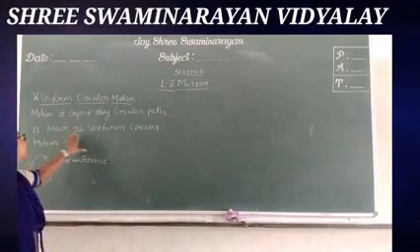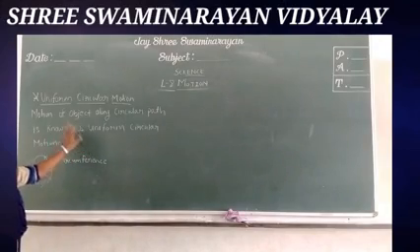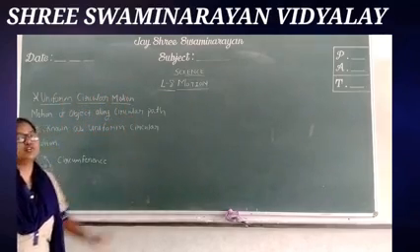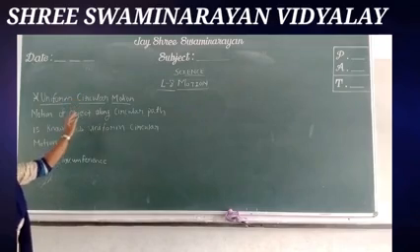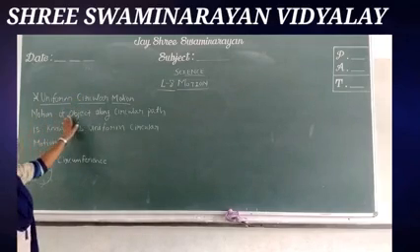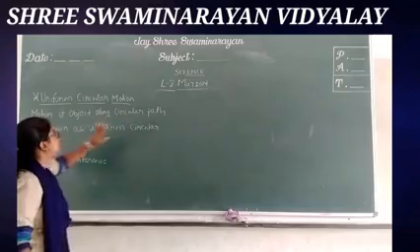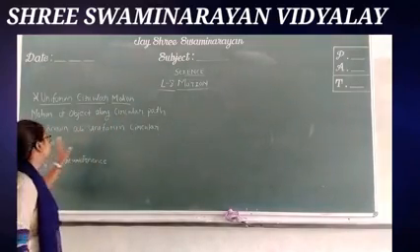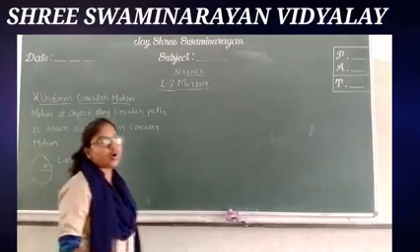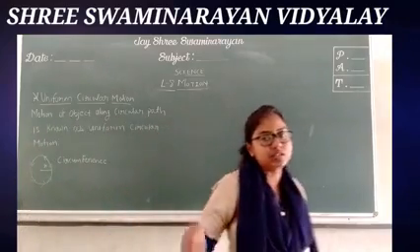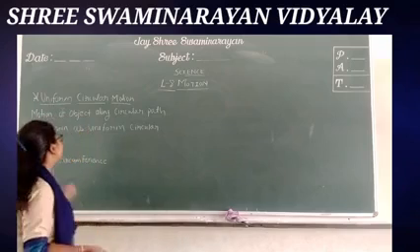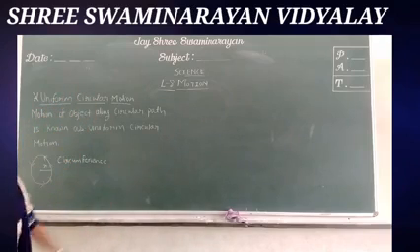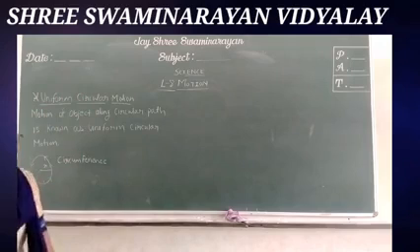So yes students, this is the last topic of this chapter, that is uniform circular motion. As you can see here, this is the shape of a circle. Let's see the definition of uniform circular motion: motion of an object along a circular path is known as uniform circular motion. Means if any object is moving on a circular path, the path it covers is circular only. Such kinds of motions are known as uniform circular motion.